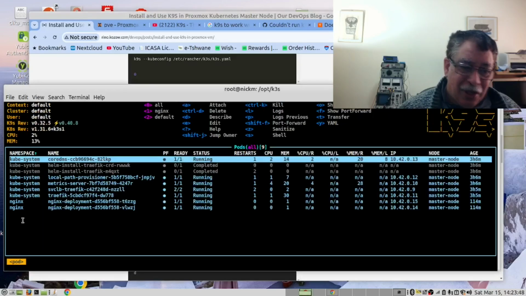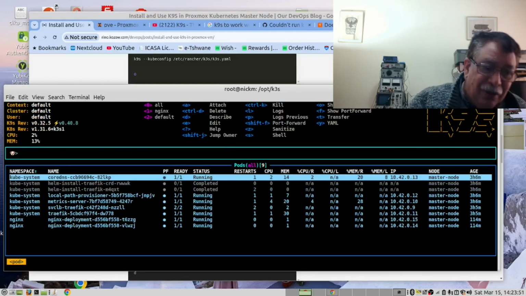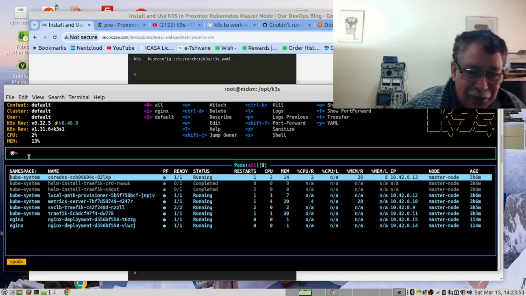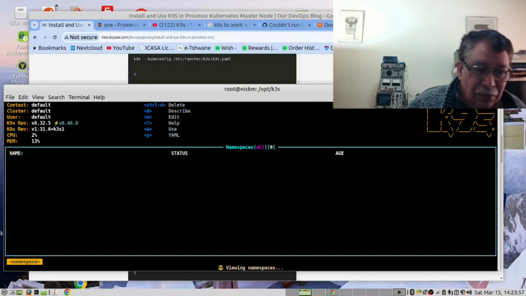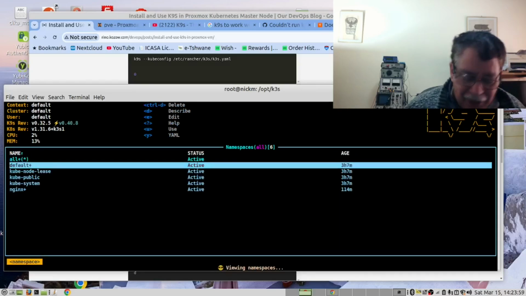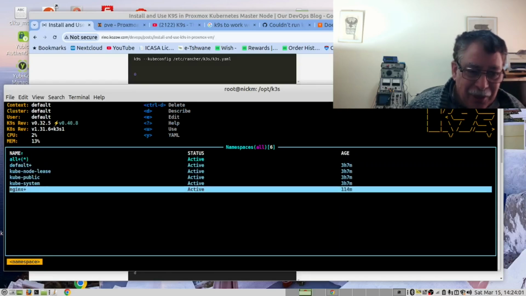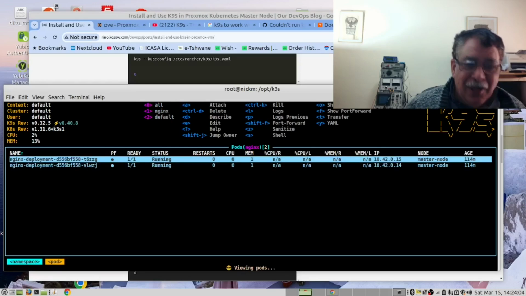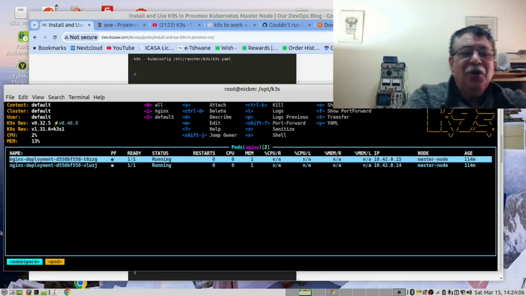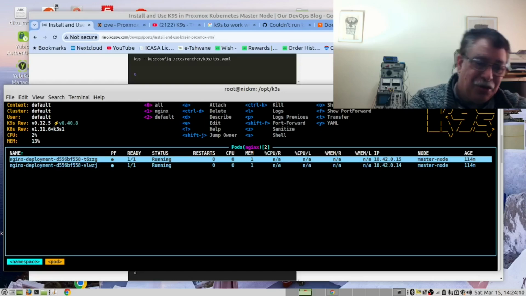So let's go here and press the colon. And now over here we type NS. And we select the namespace we want. This is it. Now it's filtered out all the pods and deployments and given us just these two pods.